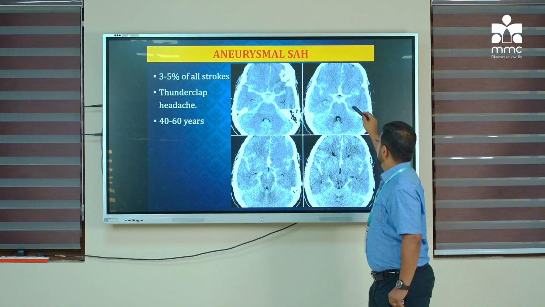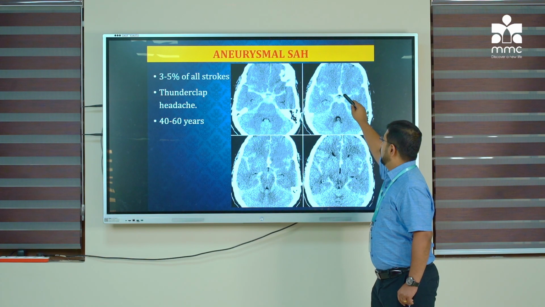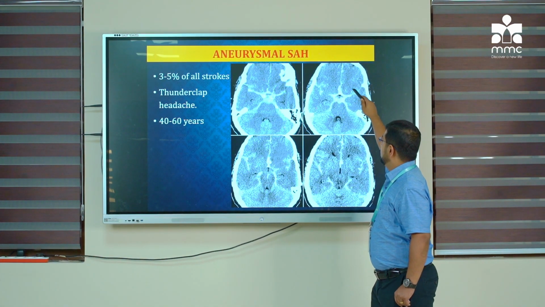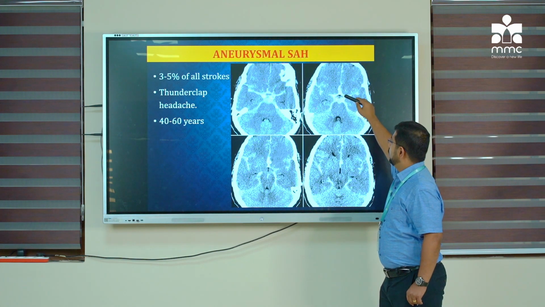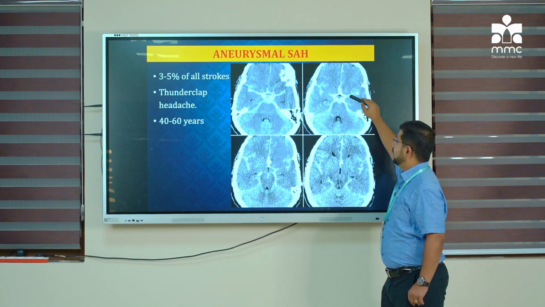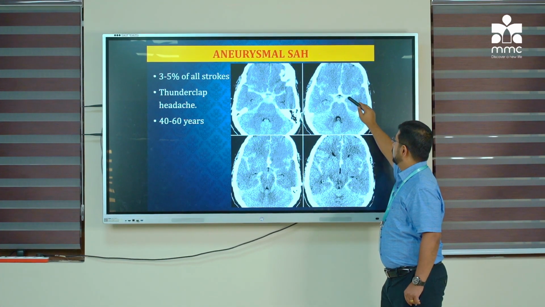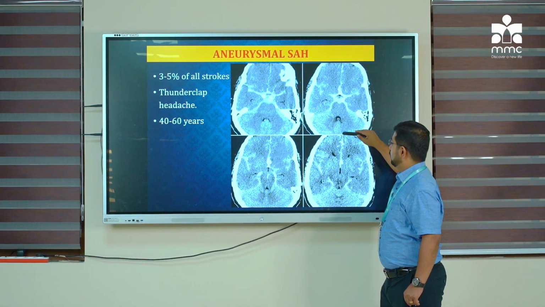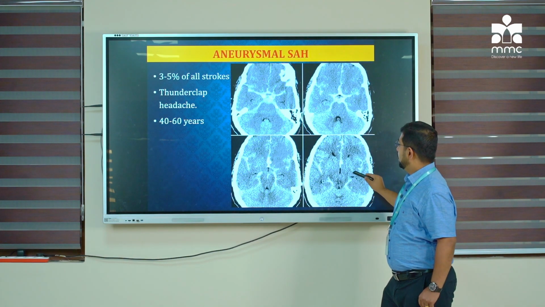So we know the circle of Willis is in the basal cisterns, anterior to and above the pons, above the level of the pituitary, in the suprasellar region. Most aneurysms will be around that area in the circle of Willis. When the aneurysm ruptures, there will be blood in the basal cisterns. It has gone everywhere: the sylvian fissures, prepontine cistern, mesencephalic cistern, quadrigeminal cistern, all blood has gone, and